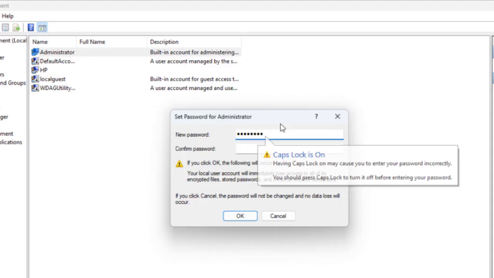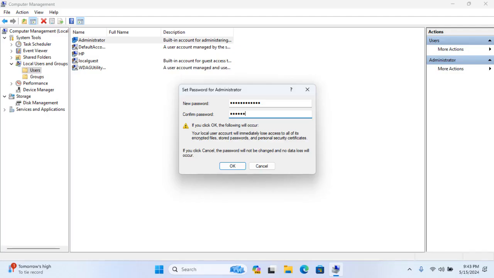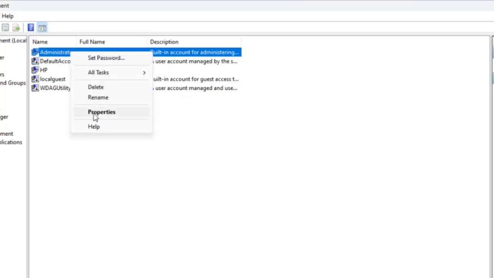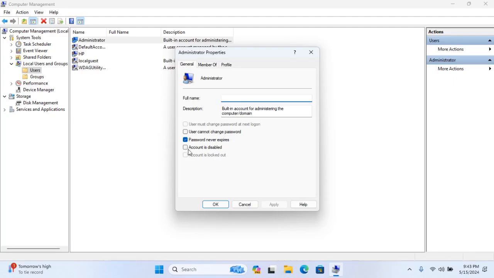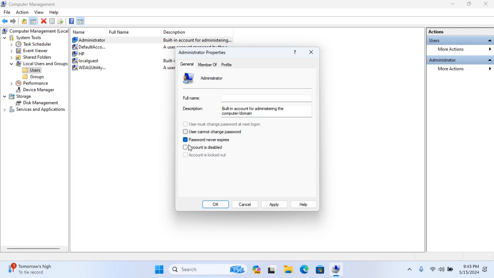Now type your password, and retype it to confirm. After this, click on OK to save the password. You can see some account and password settings in Properties. You can select these options as per your requirements. After this, click Apply and